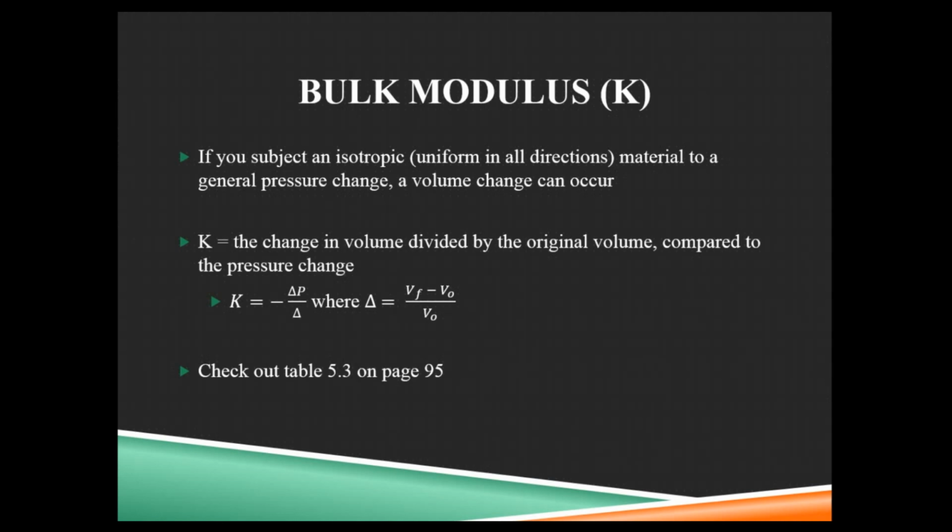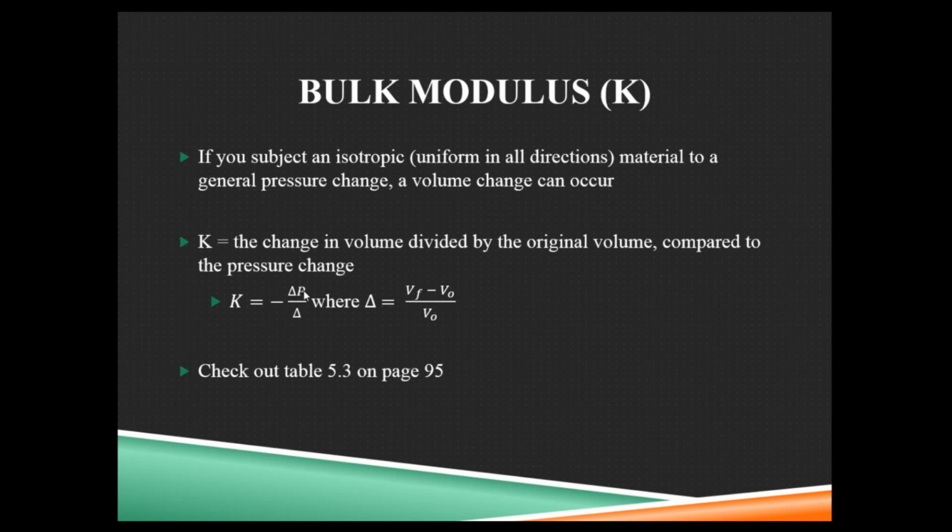Now, in this case here, we have the term delta. In the denominator, it's by itself. It's a special term. Delta, when it has no letter with it, is volume final minus volume initial divided by volume initial. If we didn't have that divided by volume initial, we could just say delta V for delta volume. A lot of times that's what you're used to seeing. As soon as you are dividing by that initial volume, it's delta by itself.